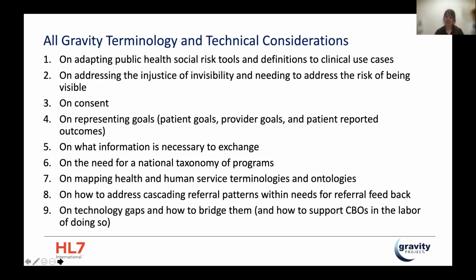One of the things we've also identified is a need to establish what we call a taxonomy of programs. Although as an individual I have a number, and we have a taxonomy for medications, we really need these critical national program types that we use to address social risks. Without that, we have really clunky syntax. I can't just wrap a program with an activity and send it off. Everything has to be basically a sentence, like referral for food stamps or referral to food bank. So we're working on developing that syntax for each of those different program types as well.